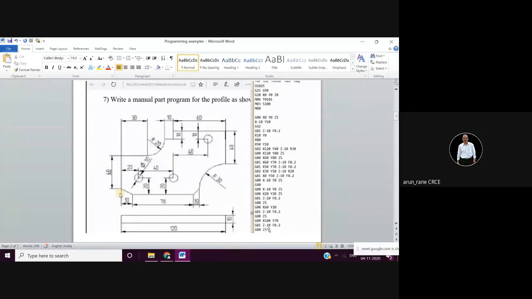I hope you have gone through the points and the dimensions. In addition to the profile milling, there are three holes to be drilled in this component. External milling, of course. And remember, here you have to finish the component in only one cut.